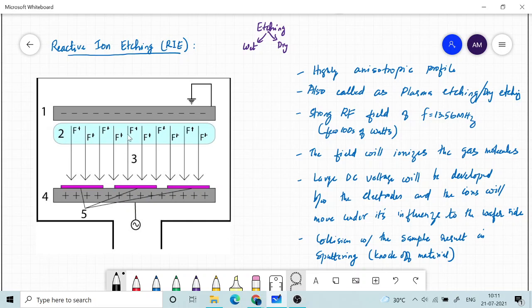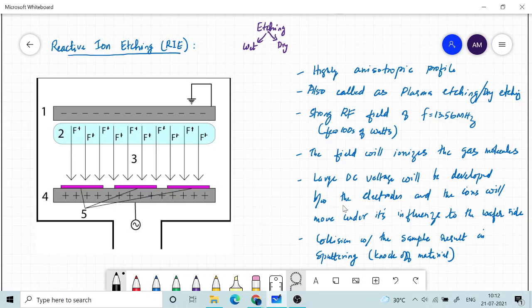They will hit on the top electrode and it will be grounded. But when the electrons fall on the bottom wafer, the wafer will get negatively charged. So there is an AC alternating field, but on top of that, after some time, a DC voltage is developed on the wafer. That's because of these electrons getting deposited on the wafer, and these negative electrons will pull the fluorine ions. You will reach some hundreds of volts here.